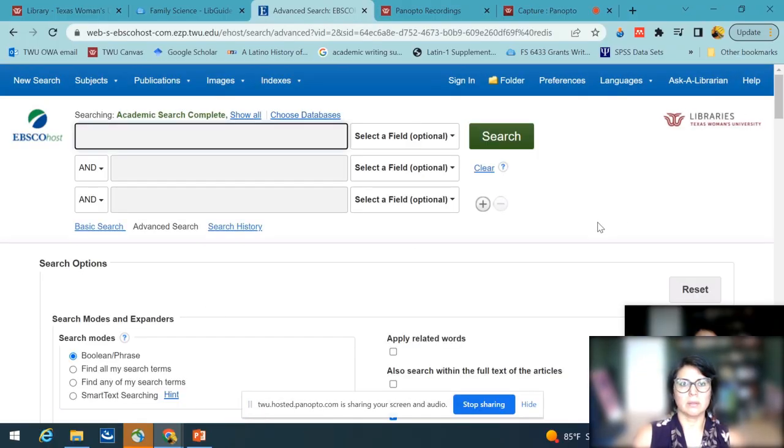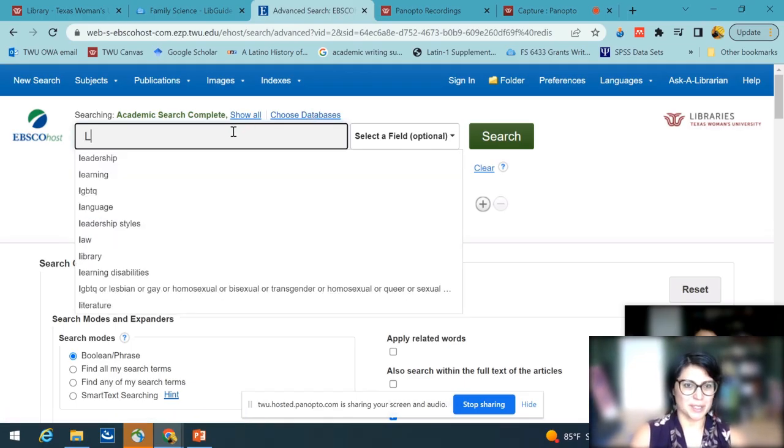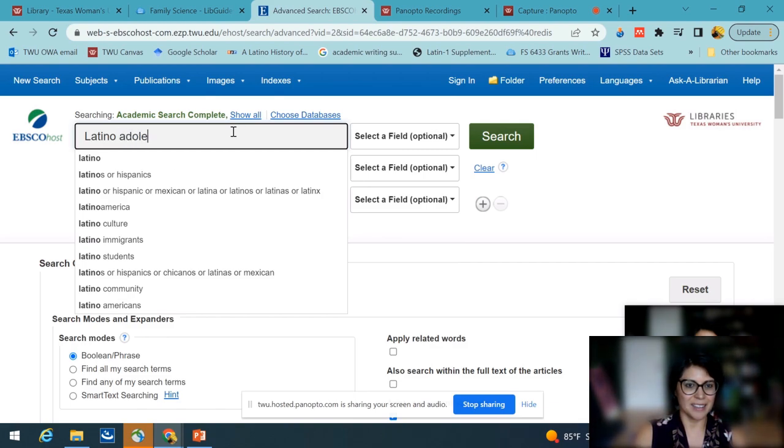Oh, what happened here? Why did it get rid of my search term? All right, well, maybe do your databases first. All right, Latino adolescents